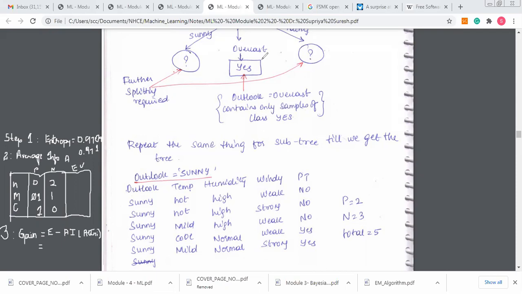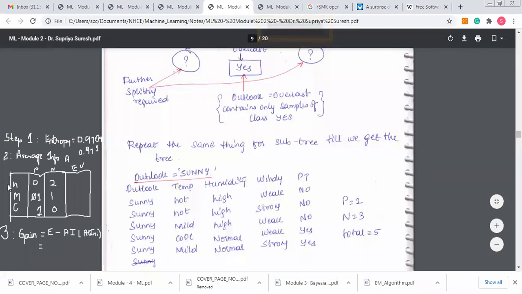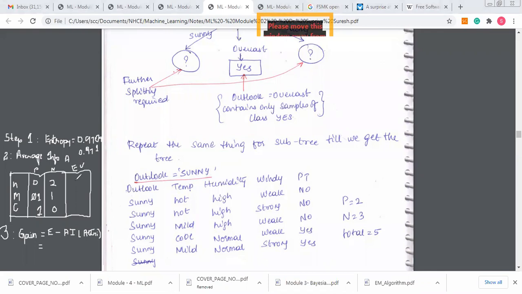Meanwhile, calculate, guys. The entropy for hot is 0, ma'am. And even the cold will be 0. Then for mild, it is 1, ma'am. Okay, fine. I want you to calculate for humidity and windy. Create 2 different tables now.